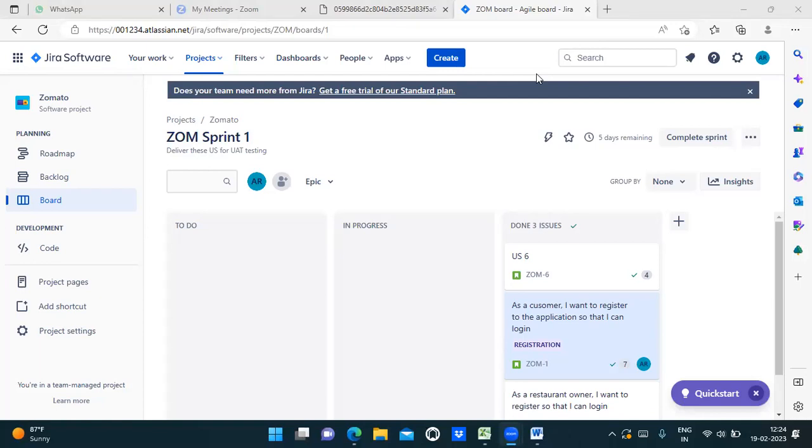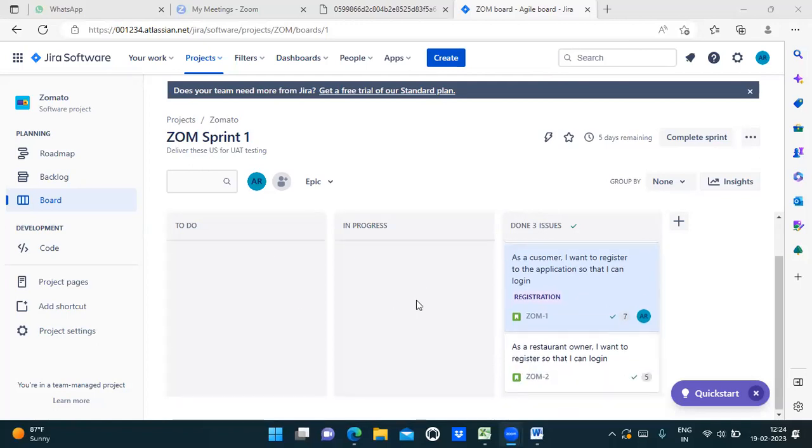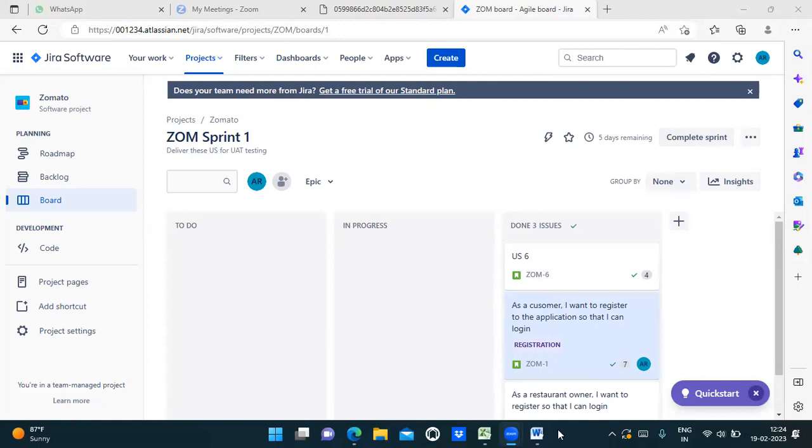Sprint backlog is nothing but a list of sprints. List of sprints. Okay. I told you, no, you'll have parallel sprints running in a project. So the parallel sprints that you have in a project is a sprint backlog, just like a product backlog. Okay, ma'am. Product backlog is the entire thing, and sprint backlog is the major chunks of that, meaning the product